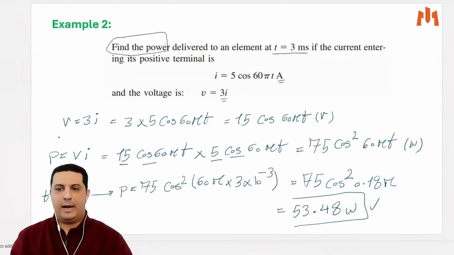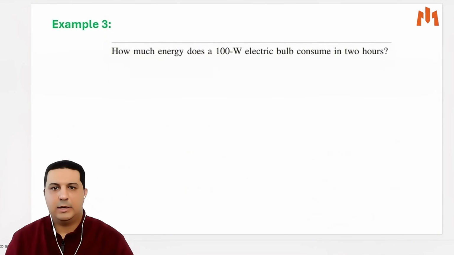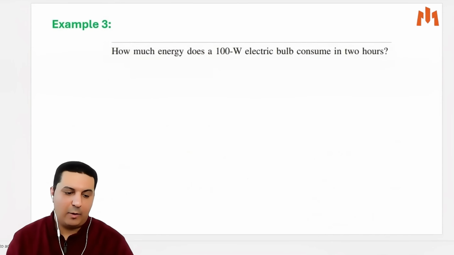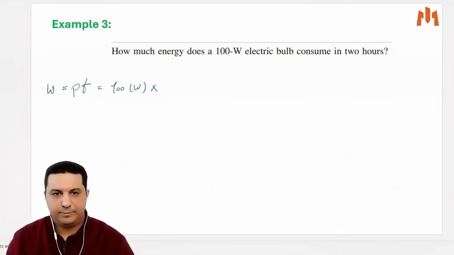And the last part that we are going to see: how much energy does a 100 watt electric bulb consume in 2 hours? So you know that W is pt, and p is 100 watts, and we have time is 2 hours, but we are going to find it in seconds. It means 2 hours, so you must multiply that